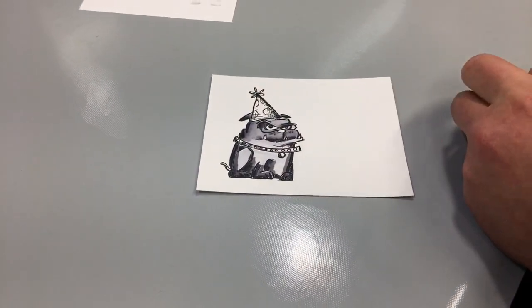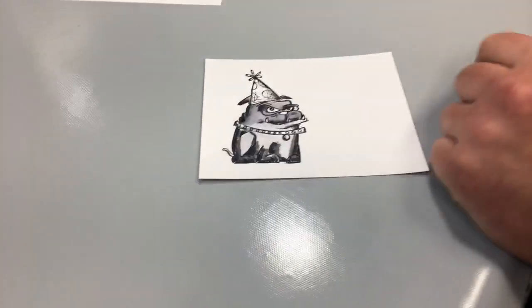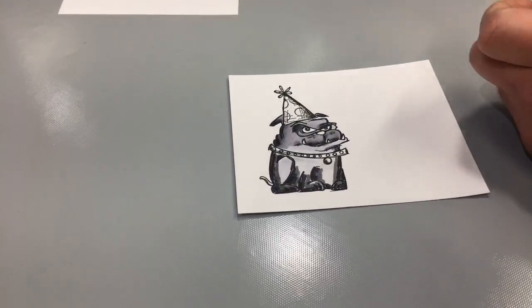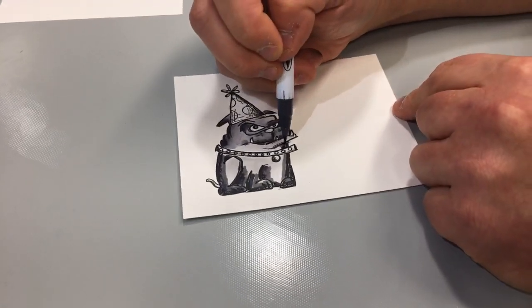Oh, I completely missed down here. Let's redo that. So there's my dark, right? Yeah, okay. So as you can see, I missed all of this shading. So I'm going to start by putting some...